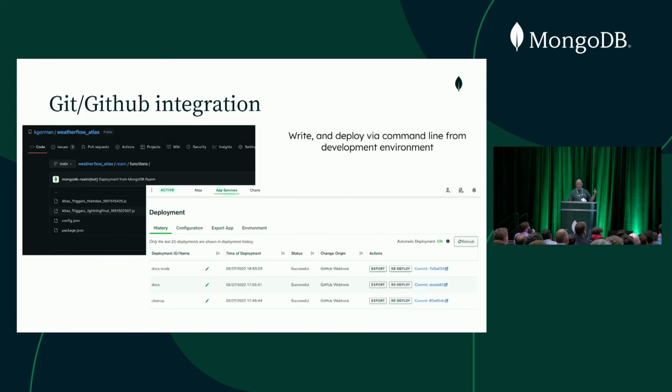So you can also use Git integration. So the way this works is you download and install the Git application. And the Git application connects GitHub and Atlas. And then when you check in code, like to some branch you specify, it'll deploy that piece of code. Okay? So all I got to do is update my code locally, check it in, and boom, it goes out